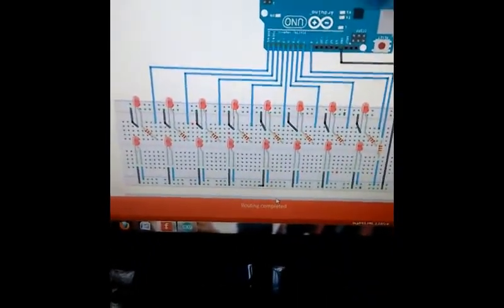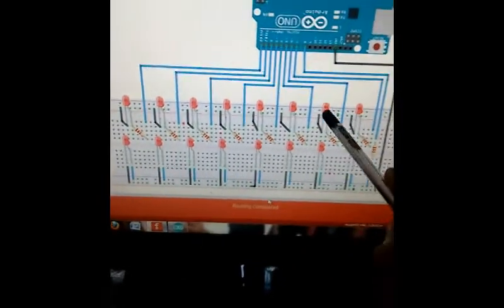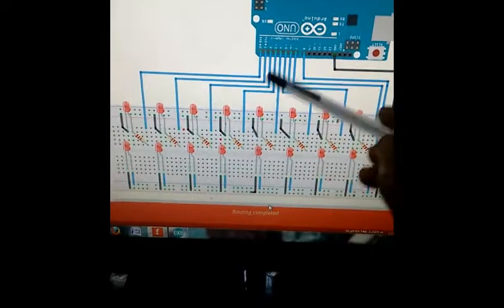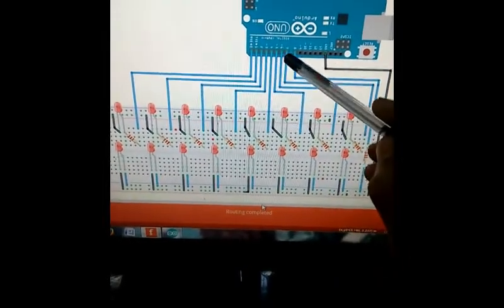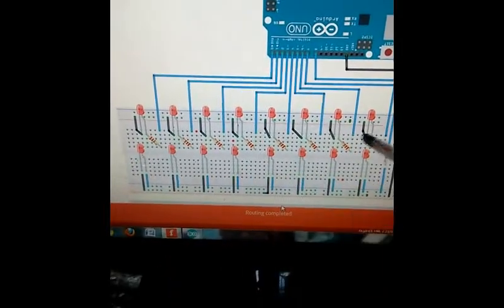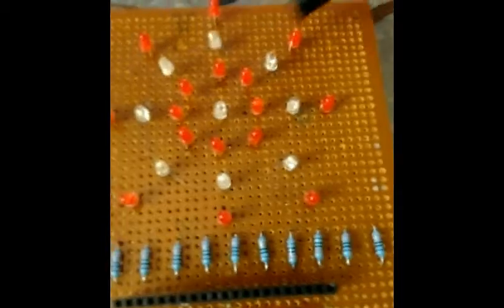Here you can see these upper LEDs are individually connected through resistors from pin number 0 to pin number 7. So these upper LEDs form the outer loop. Now similarly,